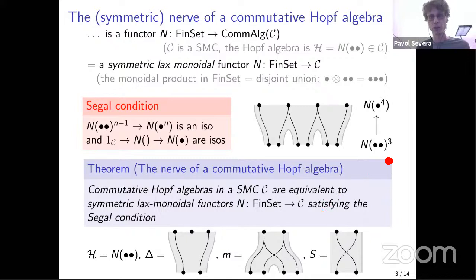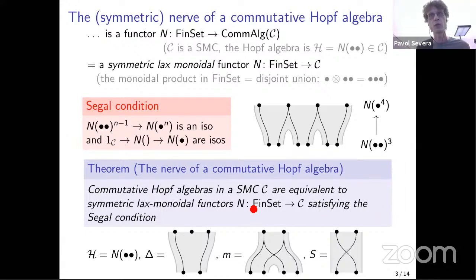So yeah, maybe I should summarize what happened here. So, as you explained, does nothing. Yeah, so precisely whatever happened on this slide was already explained in the case of groups. So really nothing happened here. But now I'd like to do the same thing for non-commutative Hopf algebras. And the question is, can we somehow keep this stuff by changing it just a little? It turns out that yes, we can.